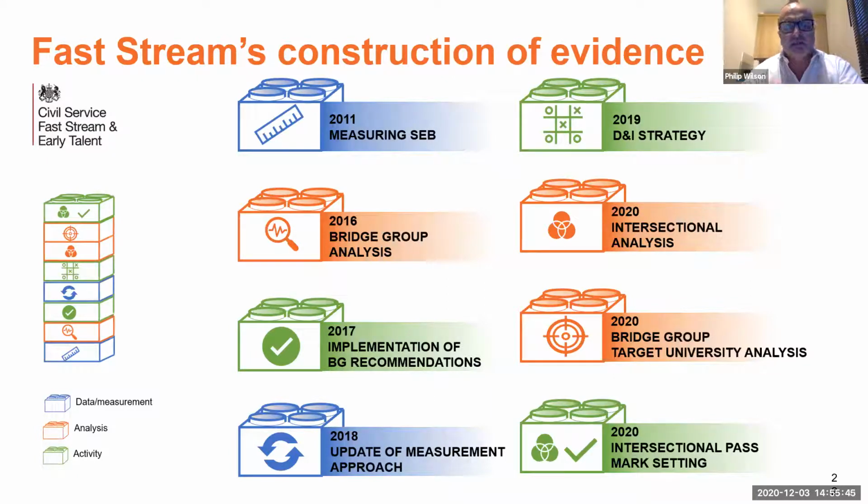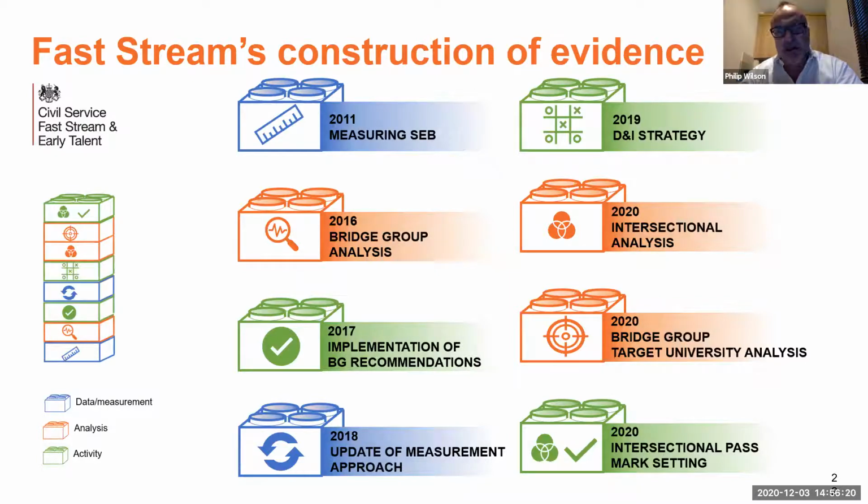And is it the case that perhaps lower socioeconomic candidates who are disabled are doing less well than other candidates who might be from higher socioeconomic background or who aren't disabled? Is there some sort of impact of having one or more diversity characteristics, and is that triggering some significant difference? And particularly when you set pass marks, if you set the pass mark here, does that actually incur those sorts of intersectional outcomes which are concerning?